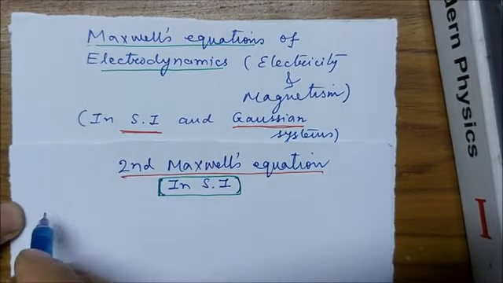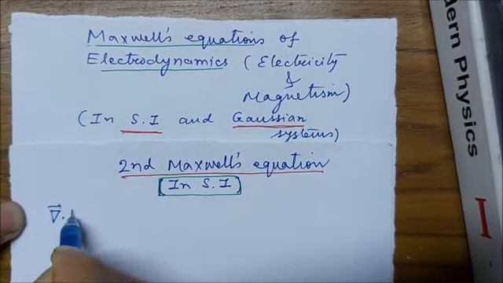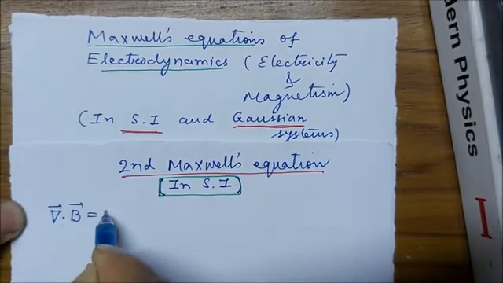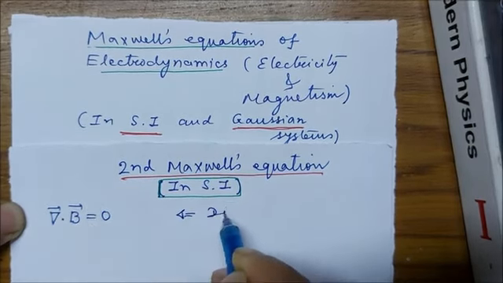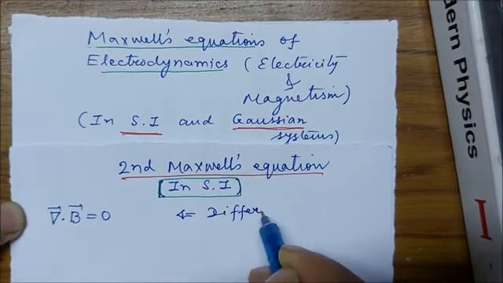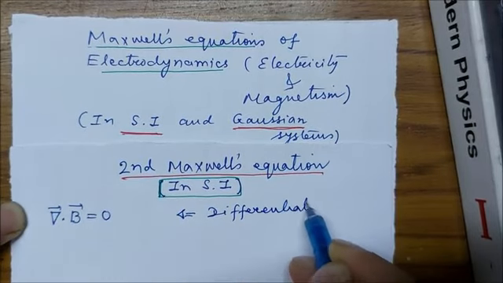According to second Maxwell's equation, divergence of B equal to 0. And this is the differential form